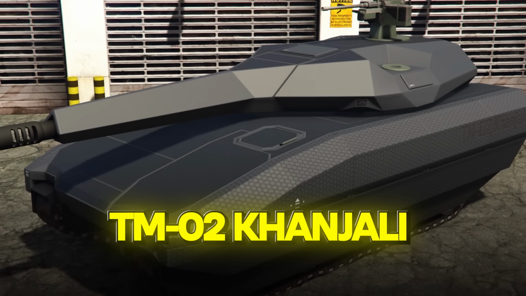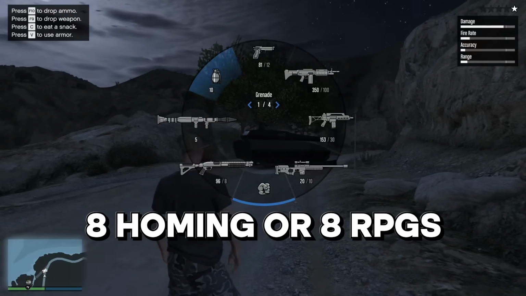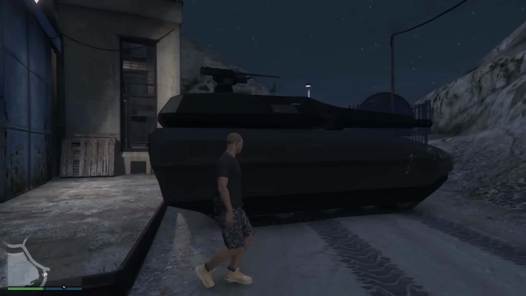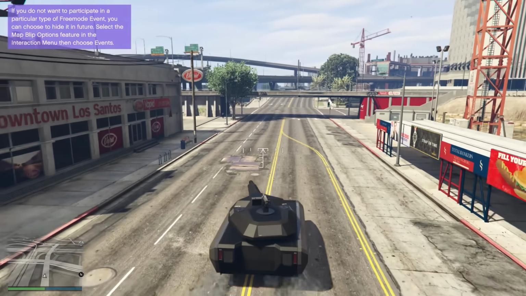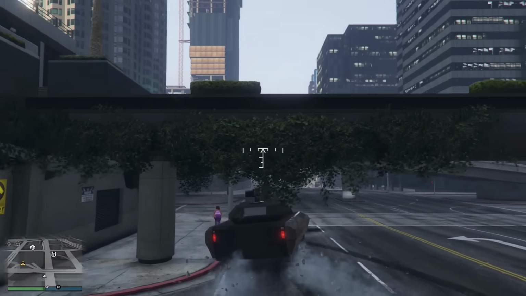The TM02 Kali is a light tank. It's not particularly a good one because it can tank only 8 RPGs or homing missiles, but it does look cool, and that's really all that matters if you're driving a hulking behemoth like this on the streets of Los Santos. A lot of people who are new to the game might be intimidated by the Kali when they see